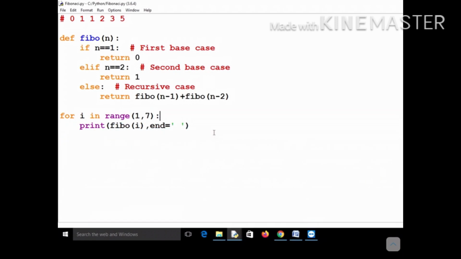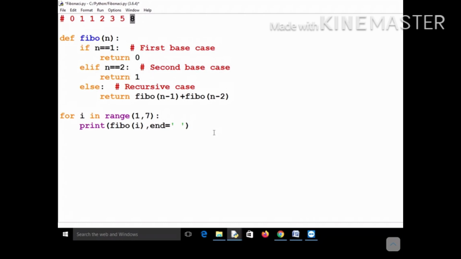So how is it happening? You don't get confused that I am not using a recursive function. I am definitely using a recursive function, but this recursive function is only giving this particular term, either 5 or 3. Again, if you do, then it will give you 8, the sum of the previous two terms.